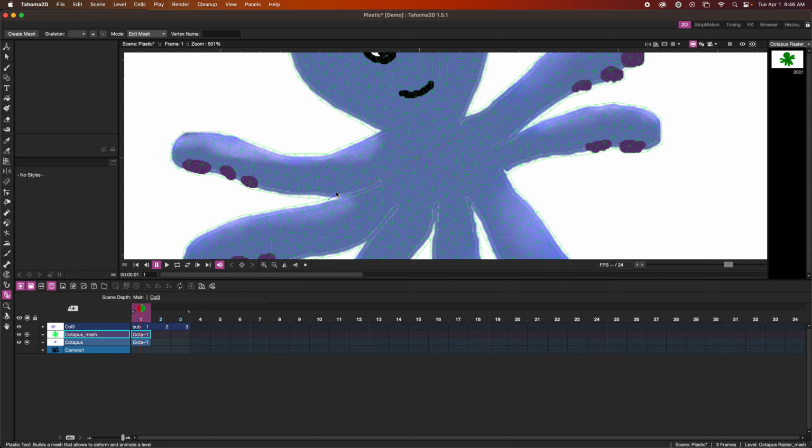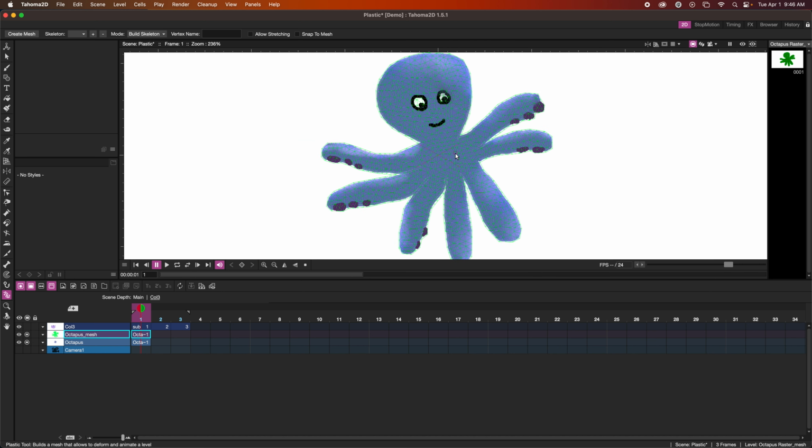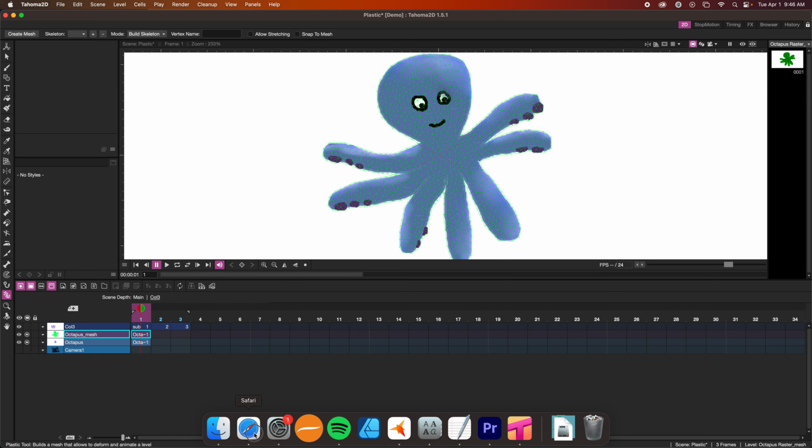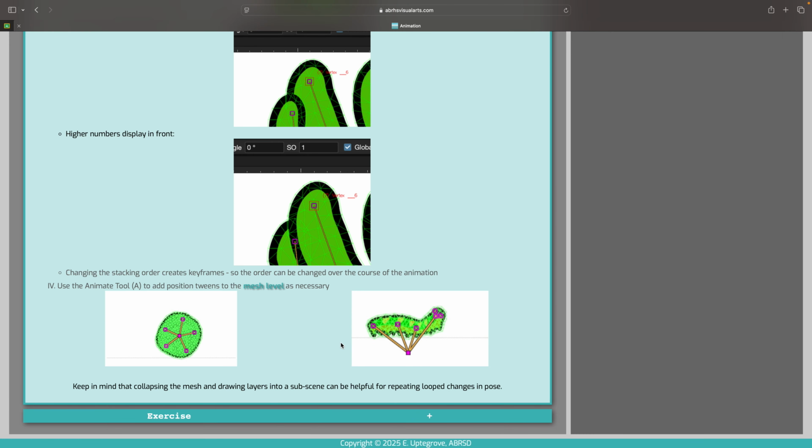So different things that I can do to start making some customizations, but honestly, for the most part, you're probably not going to need this mode. Just be aware that it's there. So I'm going to go back to build skeleton, and the skeleton itself could look like all sorts of different things. I'm just going to come back over to the website for a moment,